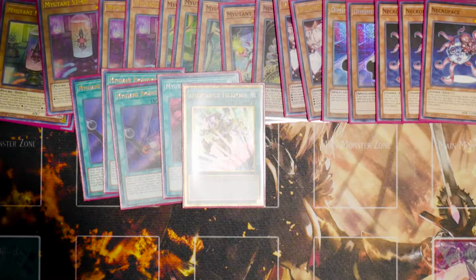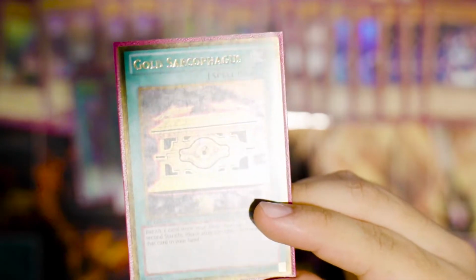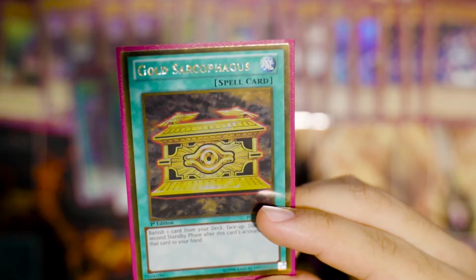So, one of. I wish it was at least 2. It would make this deck a little bit more consistent, which it already is, but it would make it a little bit more consistent. Next is Gold Sarcophagus. This one, really depending on your hand, you either banish one of your little mutant guys